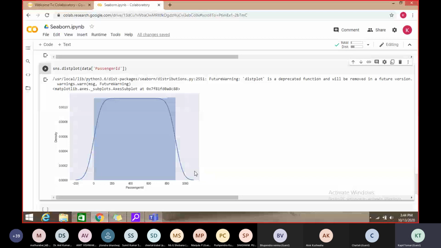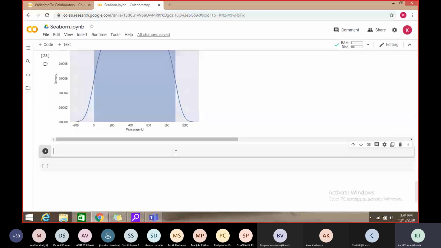And similarly, we can check other values also, right? And this is what we can analyze with the help of graphs. And similarly, there are so many things which we can do with the help of functions also. So if we want to analyze something grouped together, if we want to merge two parameters and then analyze, then we have a command called group by.